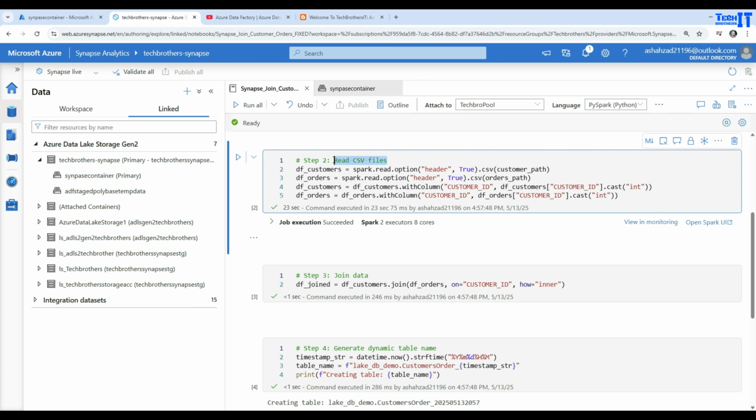In the next step, we want to read these CSV files. So here I'm creating a data frame called df customers, and spark.read is the function used to read the file from this customer path. I'm telling it header is true because this file has a header, and also that this is a CSV file. So this is going to read the CSV file with the header from this path, and then save it